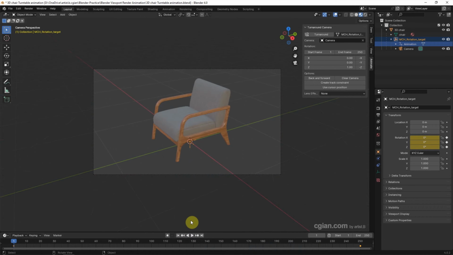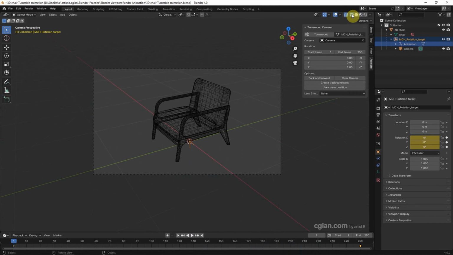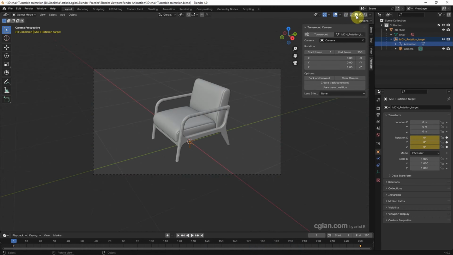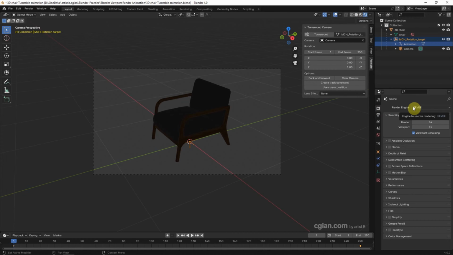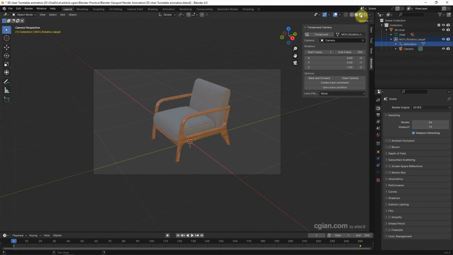To save the viewport render animation, we can switch to wireframe mode, or we can use the solid mode. Also, we can use the material preview mode, and we can use the render preview mode for Eevee. I skip the settings for Eevee, so I switch to material preview, and then we can go to output properties